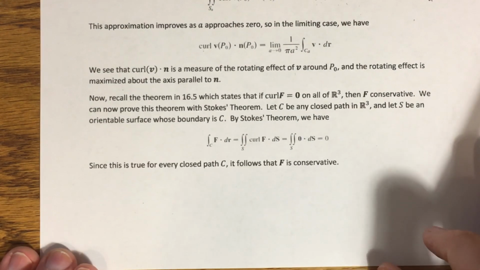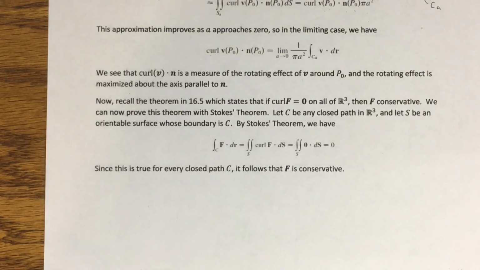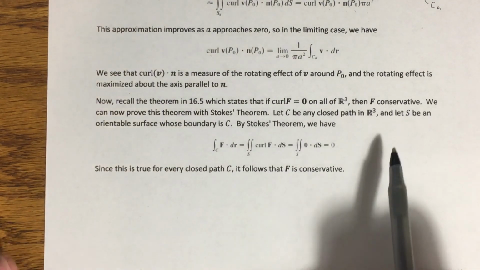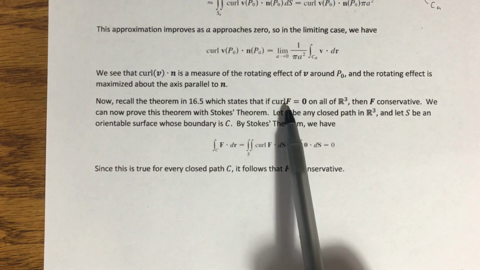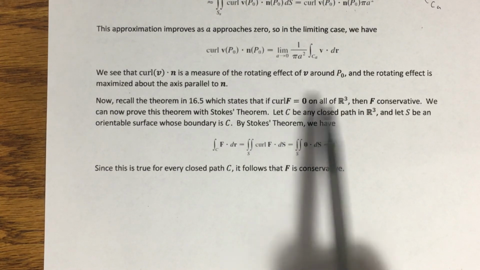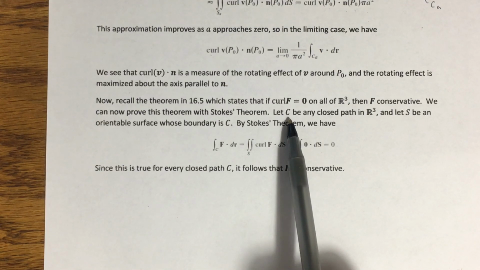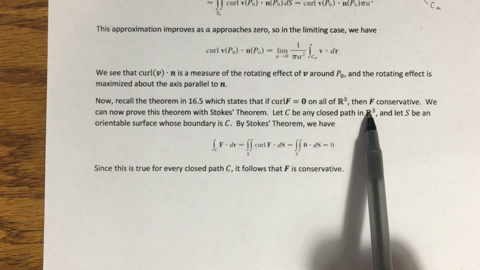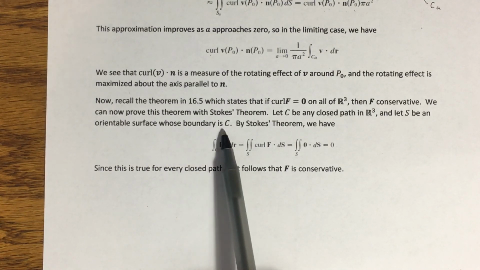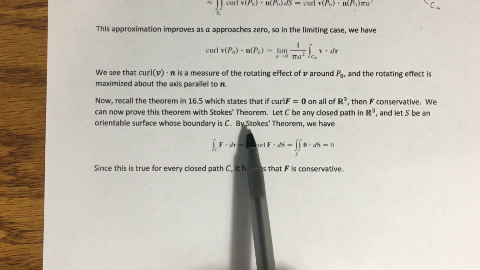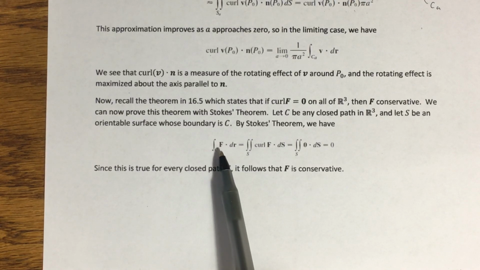And when we mentioned that theorem back then, we said we can't prove this yet, but once we get Stokes' theorem under our belt, we can prove this one. And with Stokes' theorem, the proof is very, very straightforward. So what we do, remember this vector field we're assuming is defined on all of R3, so I can look at any closed path in R3, and I'm going to let S be an orientable surface with a boundary that is equal to C. Stokes' theorem would say that